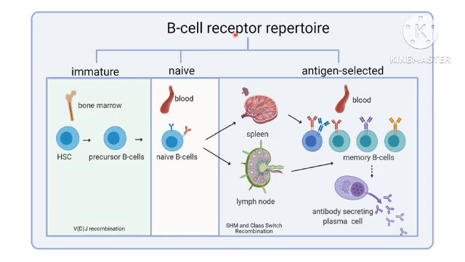If you look at B cell development, there are basically two phases: antigen-independent development, which happens in the bone marrow, and antigen-dependent development, which happens in secondary lymphoid organs like the spleen and lymph node. Hematopoietic stem cells give rise to common lymphoid progenitors, which form precursor B cells. These precursor B cells acquire VDJ recombination and become naive B cells. Once they successfully attain VDJ recombination and are able to express IgM on the surface, they are released into circulation. And these naive B cells now